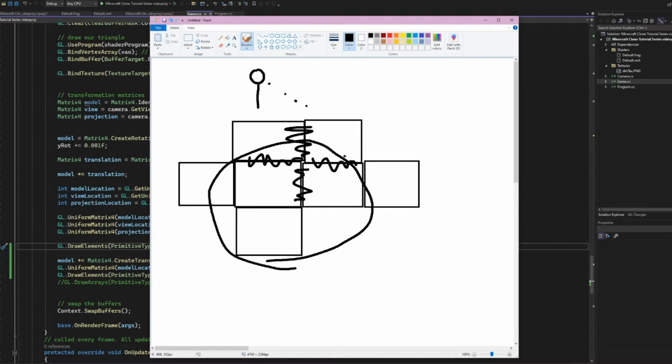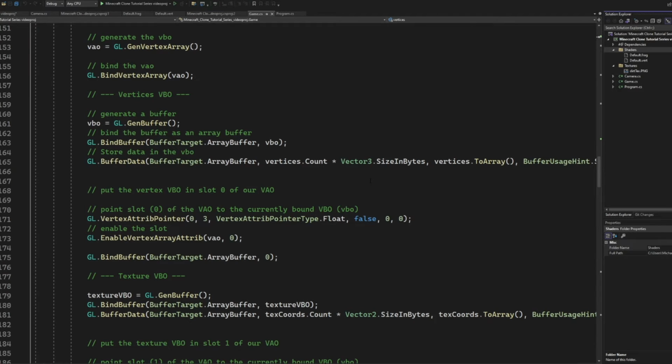And so that is what we are going to hopefully end up completing by the end of this drawing multiple blocks tutorial. Now this is going to be multiple parts. We're not going to cover the chunk meshing in one part. All right, so now that we have our objective down, let's go ahead and get going with creating a block